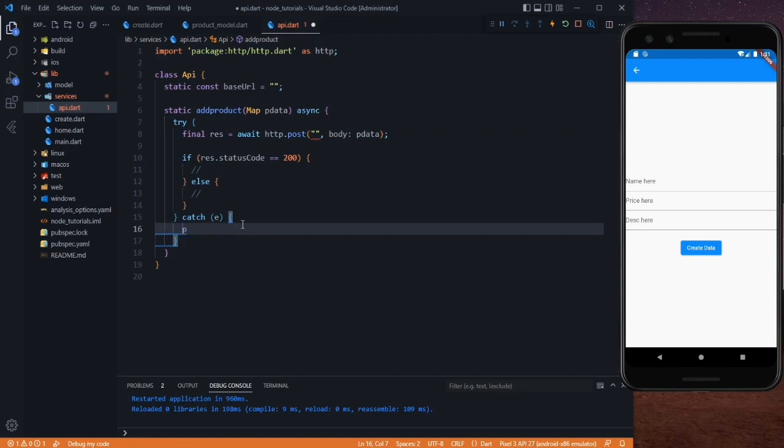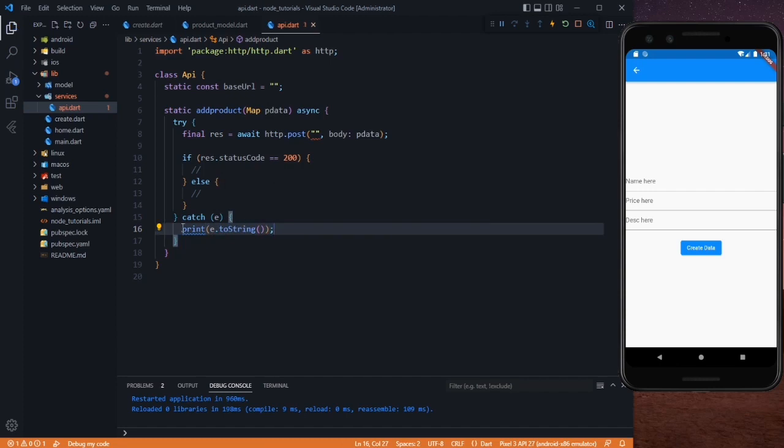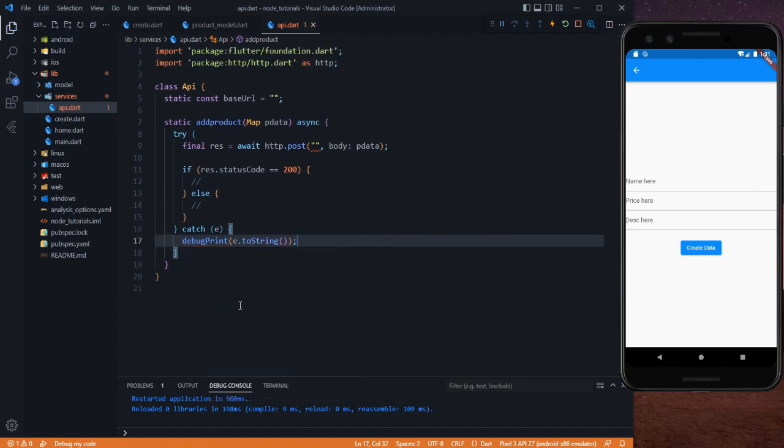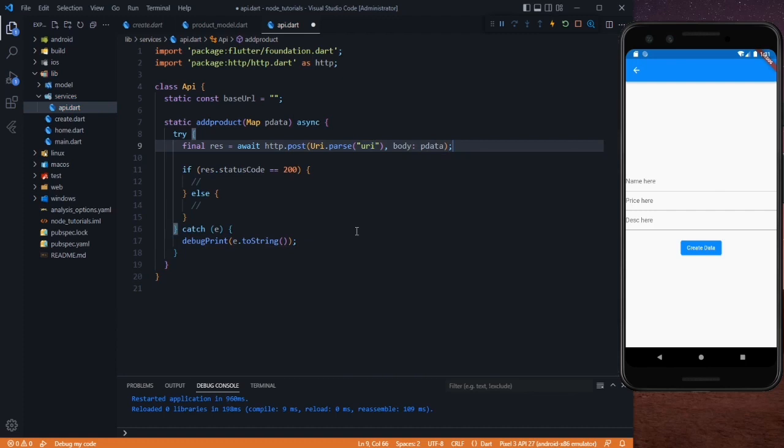For now I'm just printing e.toString, and just save it. We can also use debugPrint, so it won't show any error. After that we need to pass the base URL, so let's say Uri.parse, and it will be empty. Okay, so our method is created.